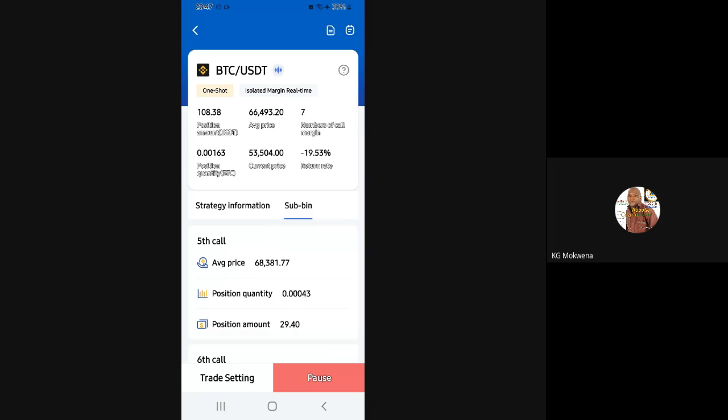Okay, now you can say, look at position number 5. Position number 5 was actually taken when Bitcoin was trading around $68,381. So now, as a result, business partners, we wanted this method of trading, but it actually works